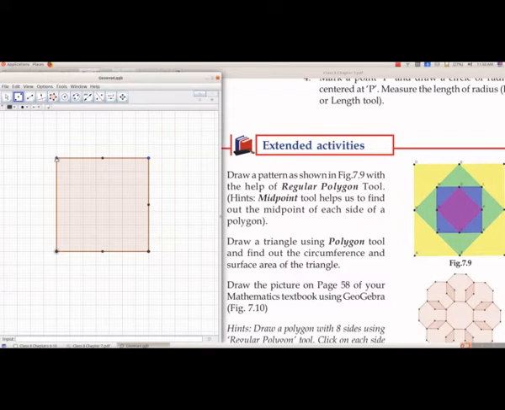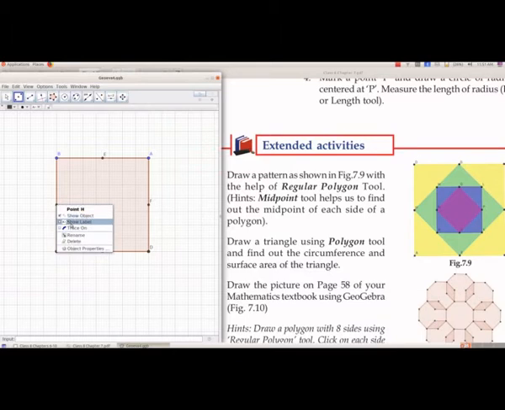We forgot to give the labels. So now we will give the labels. Right click, show label, again right click, show label. For each point we have to select that point, then right click and select show label. So for each point we will repeat the same thing. And now after showing the labels for all these points, we need a square inside the first one.